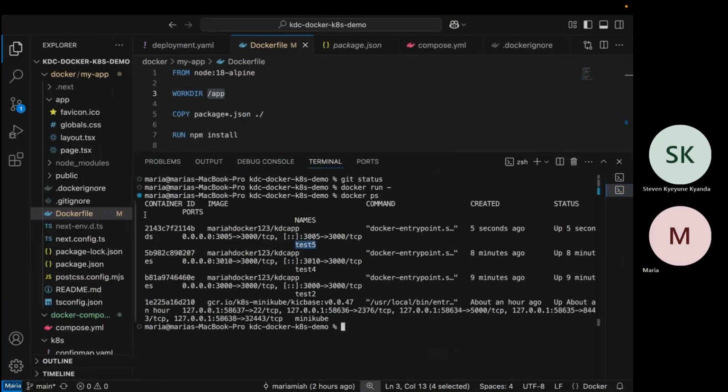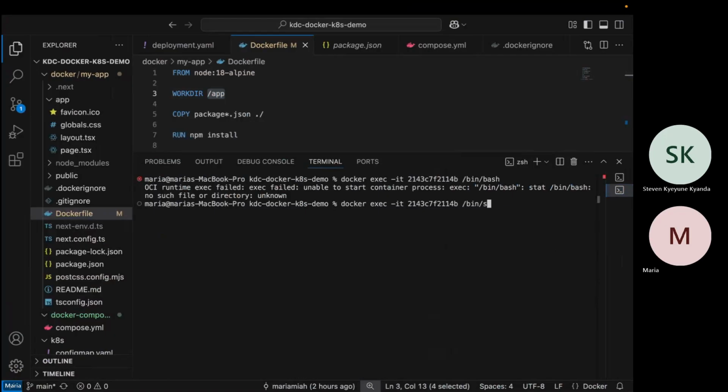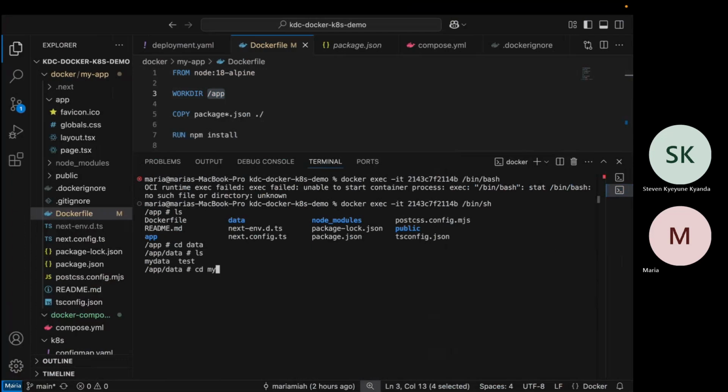And it's here. So if I exec into this container, I've not written anything in it, but it should have that data already since it's using the same volume. Oh, it's not a directory, it's a file.